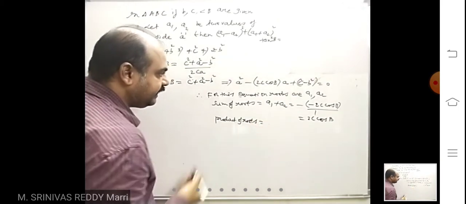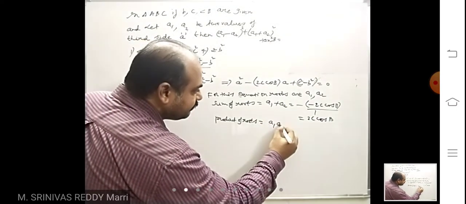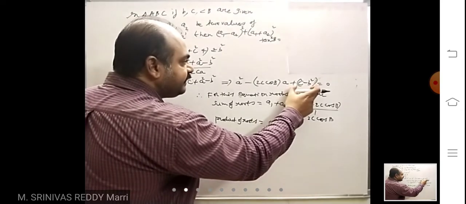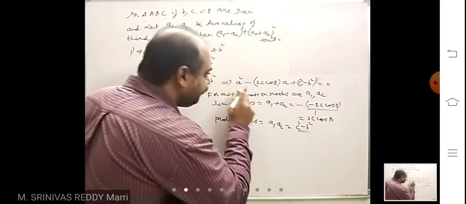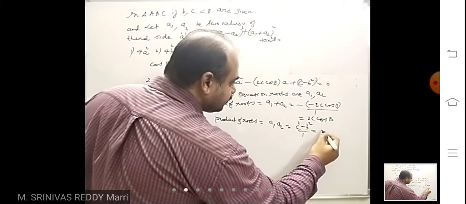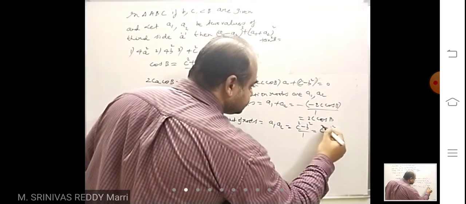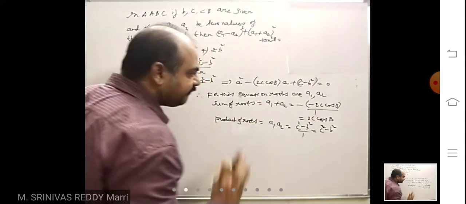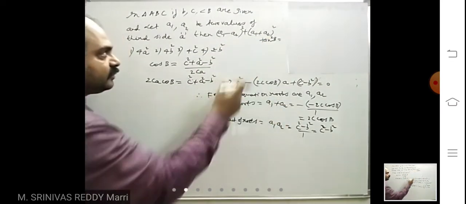You write the relation between the roots. No need to calculate a, he is not asking what A1 and A2 are. Product of the roots is A1 into A2, which is c by a, where c means the constant term divided by the x square coefficient. That means c square minus b square. Now you got the A1 plus A2 value and the A1 A2 value. After writing these two, you have to proceed to the problem.